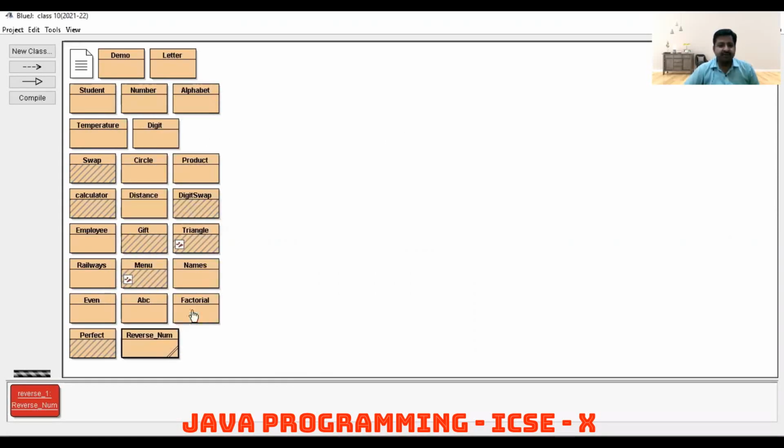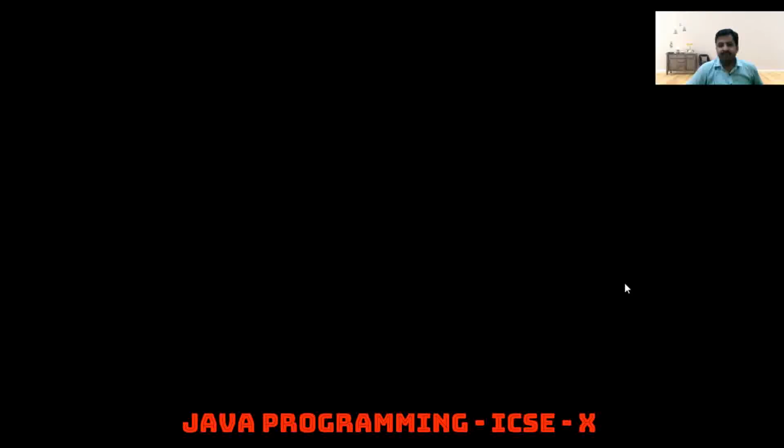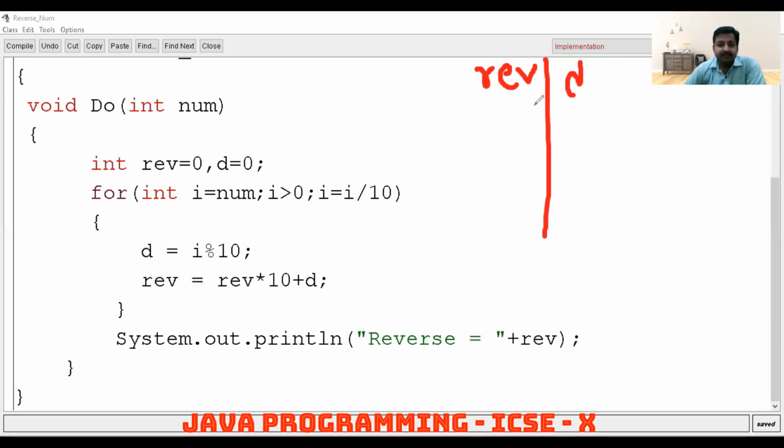So how does this process get executed? You see the dry run for this. So have a look, students, some variables are there, that is rev and d. The initial value of rev is 0 and the initial value of d is 0 over there.